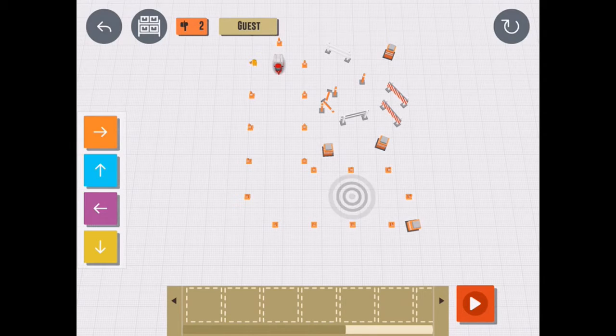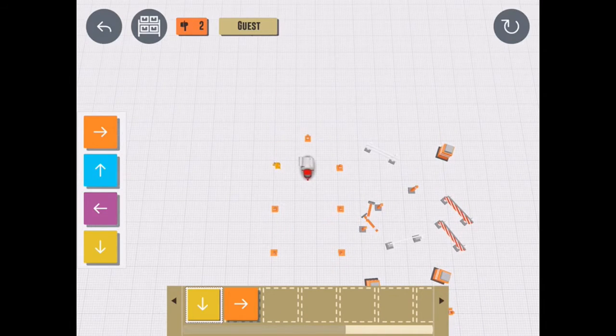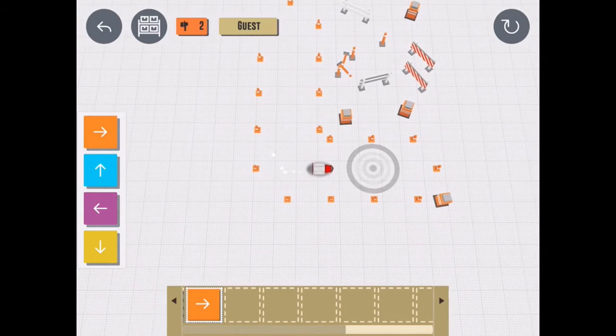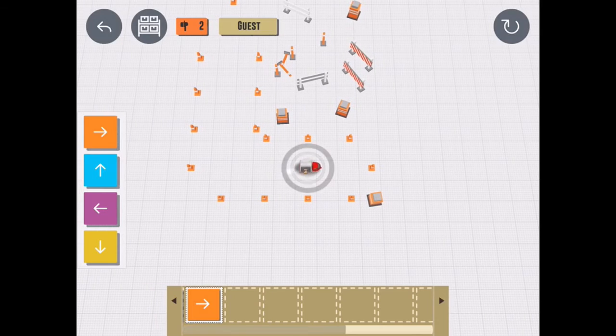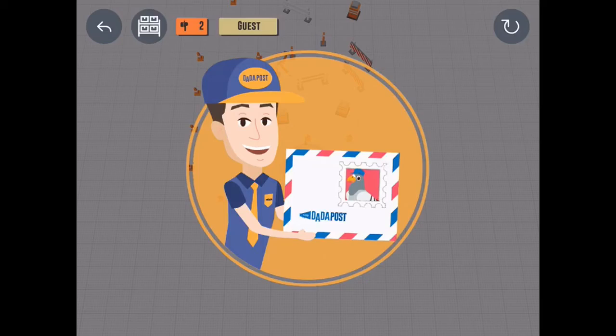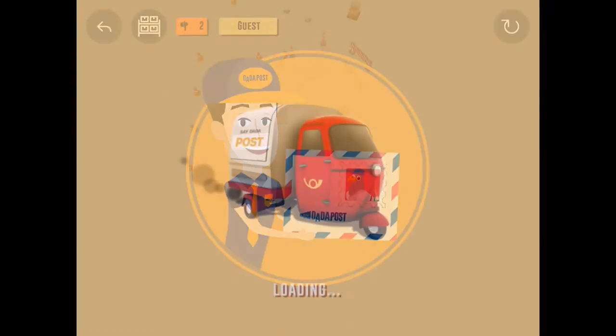If you saw that little hand motion that just swept through the screen, it gave us a little hint that we need the down arrow again. And then we're going to need to turn the corner and go to the side. So let's see if that works. Get the package in. And boop, the package out. Hopefully there's nothing fragile in that package because it's just being thrown around by the robotic